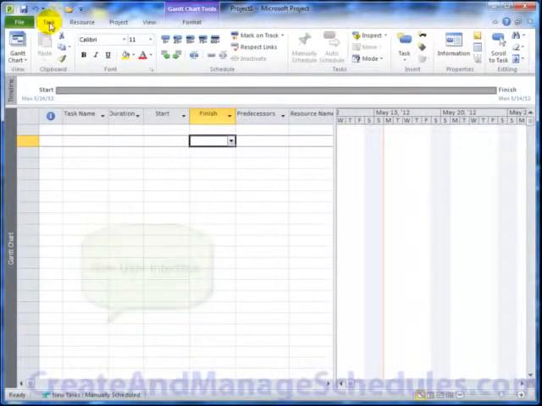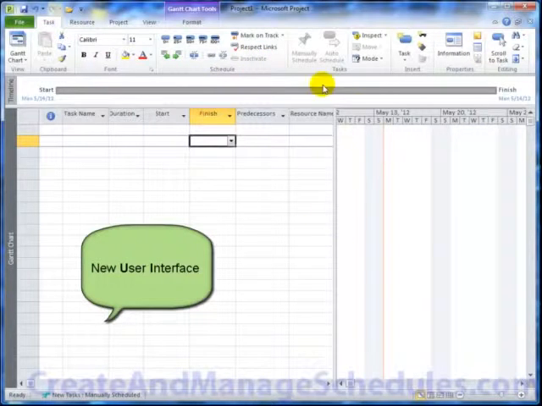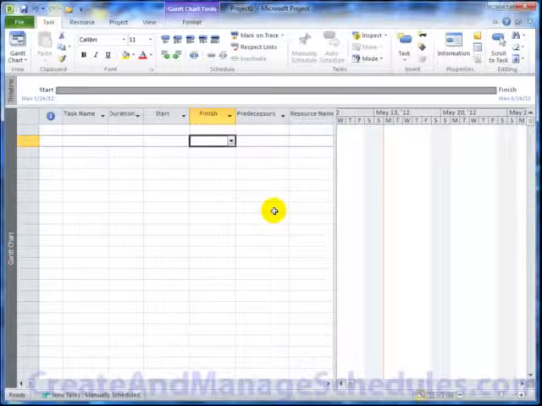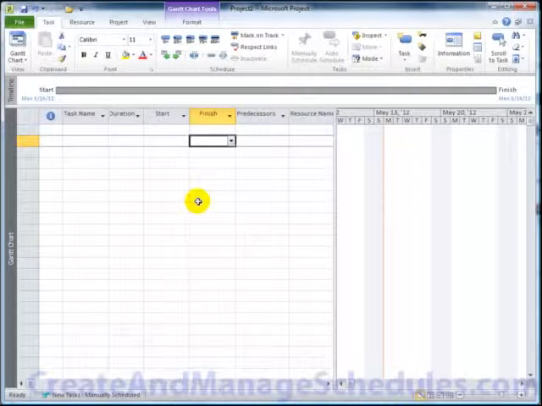Now in Project 2010, the user interface is very different than in 2007 and earlier versions. This UI is a Fluent UI because tests have proven that it's easier for people to find the features and functions that they're looking for, and it leaves the work area less cluttered. Now there's a lot of detail in the Fluent UI that I'll walk you through, but before we do that